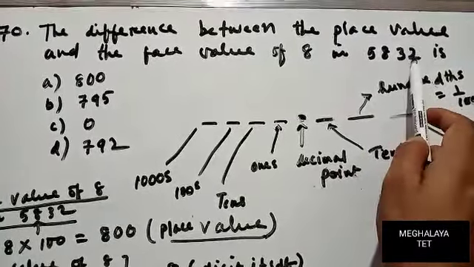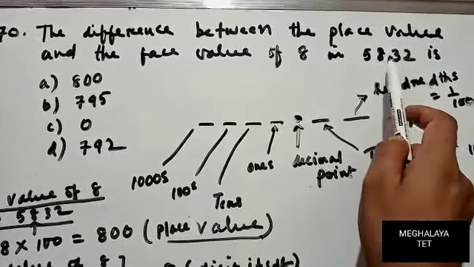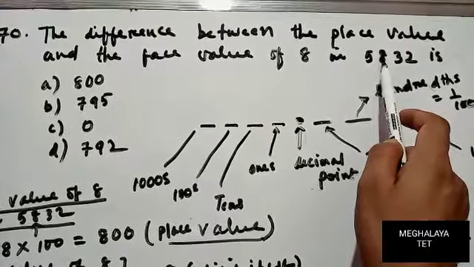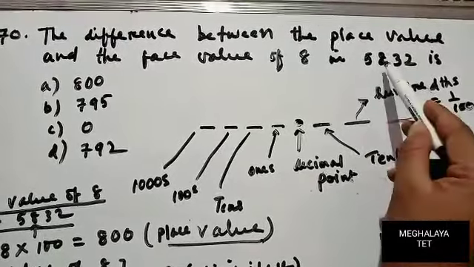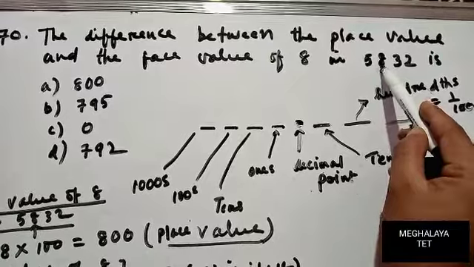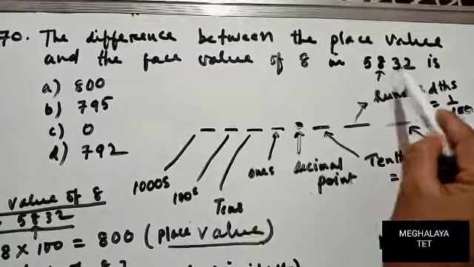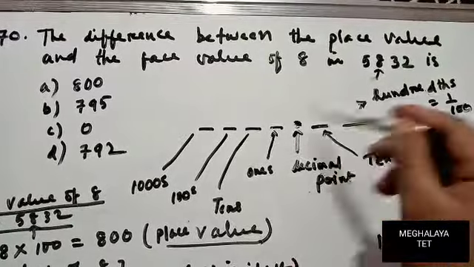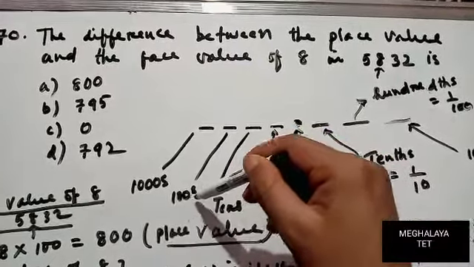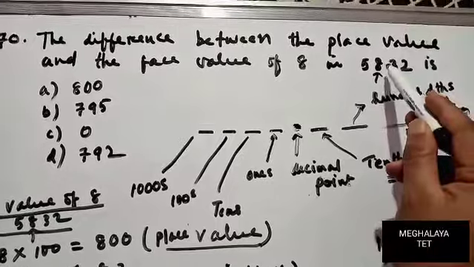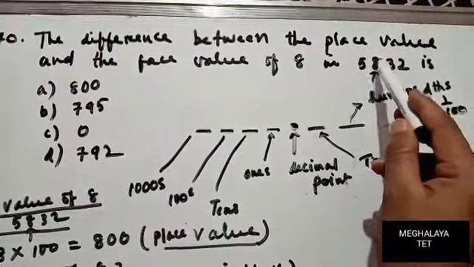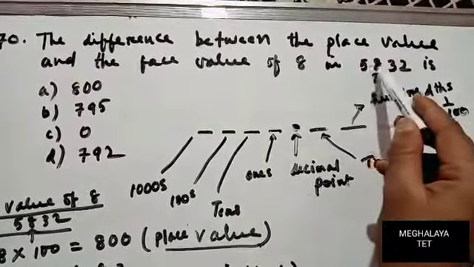If I just count, this one is 1, this one is 10, this one is hundreds. This 8 is present in the hundreds place. So the place value of 8 in 5832